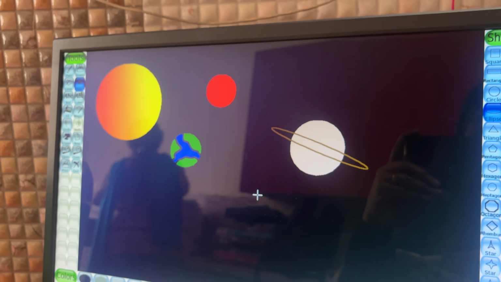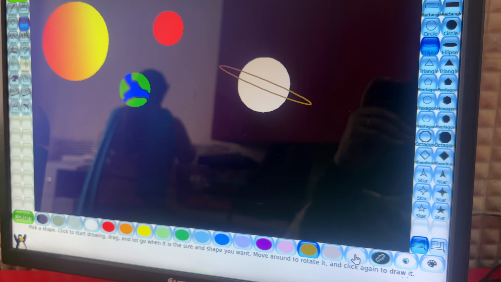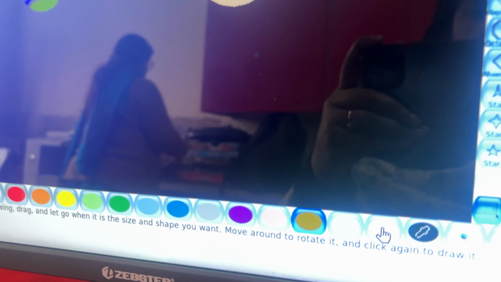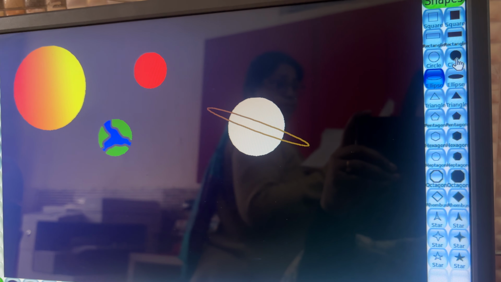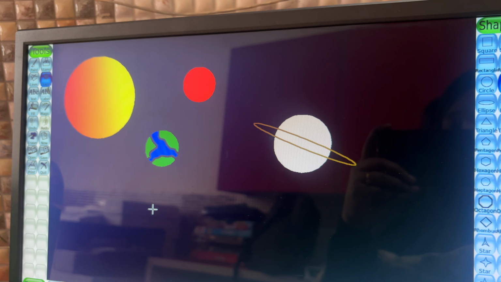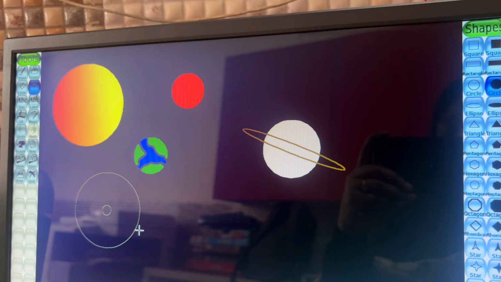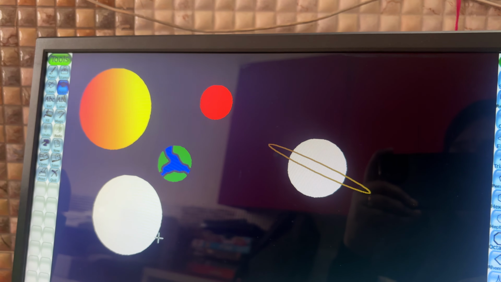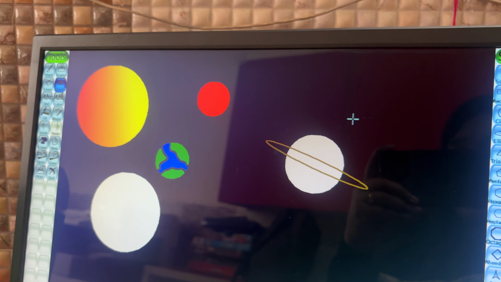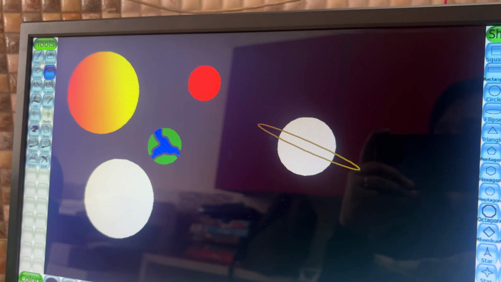Now we will try to create Jupiter. For Jupiter, we'll use an even lighter shade of off-white, which is usually the color on this side, as you can see. And we will go back to circle shape and create Jupiter on the side like this. It is the biggest planet in our solar system. So we need to make sure that the sizes are proper and the space is used accordingly.